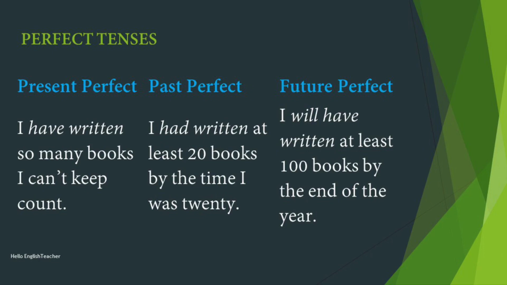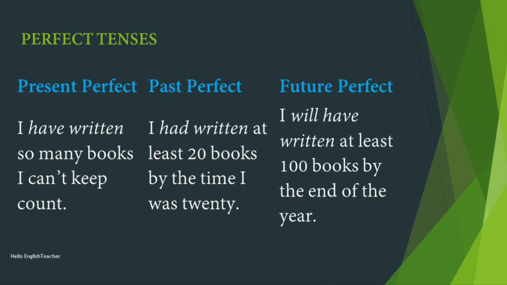The next one is the future perfect tense. In the future perfect tense, we express an idea that will occur before another action in the future. It can show that something will happen before a specific time in the future. For example, by next November, I will have received my promotion. What are the two things that are happening? One is receiving the promotion and the other is the time, November. So, by the time November arrives, I will have received my promotion.